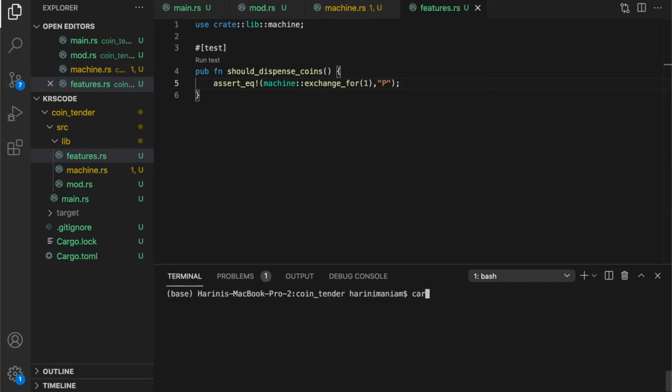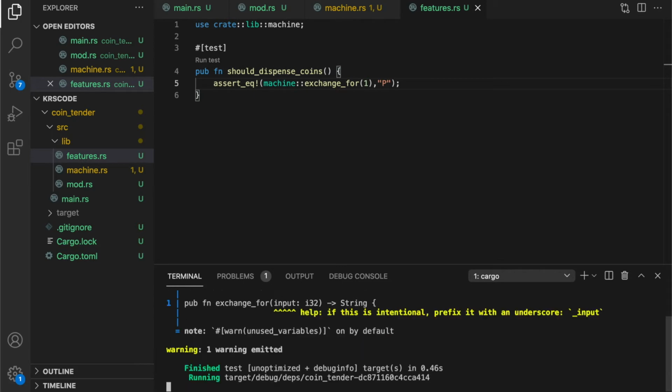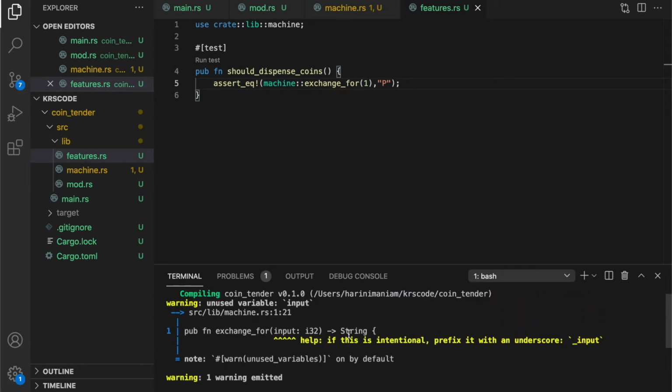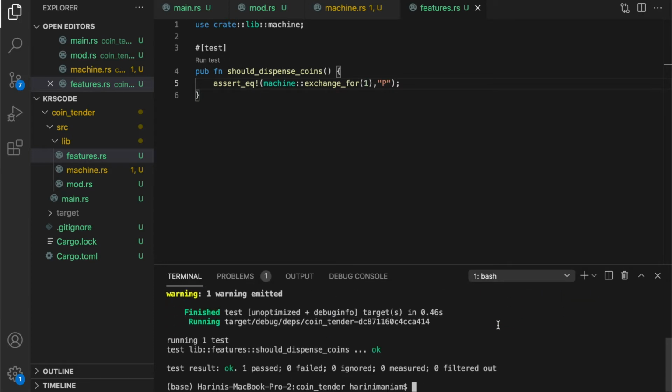So if we run this cargo test again, we have one passed and we have only one warning, that is input help. If this is intentional, prefix it with an underscore, but it's not intentional, fine. So we have to start using that. So now our stage is set. Now we have to start providing the requirements one after the other, and we have to make the code respond to this